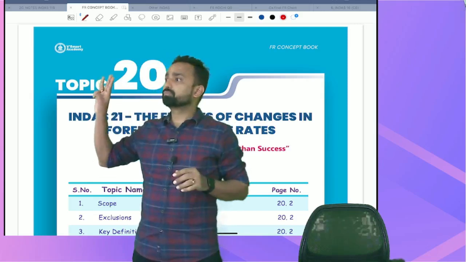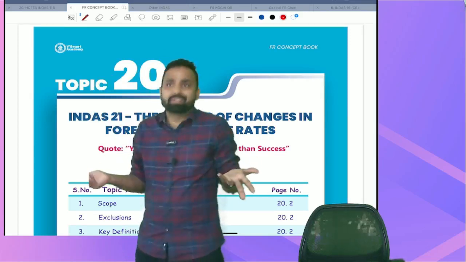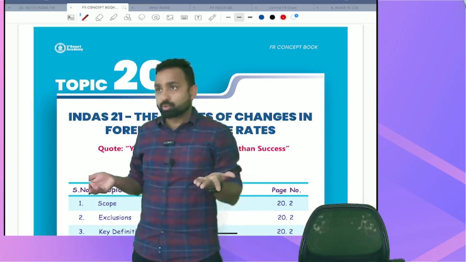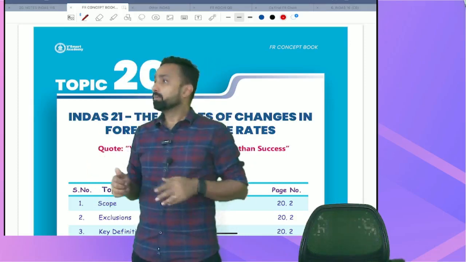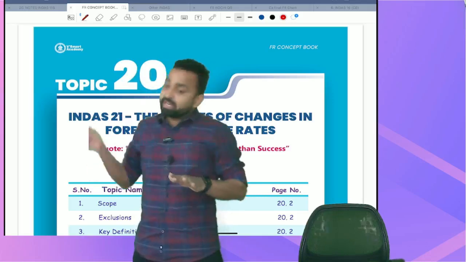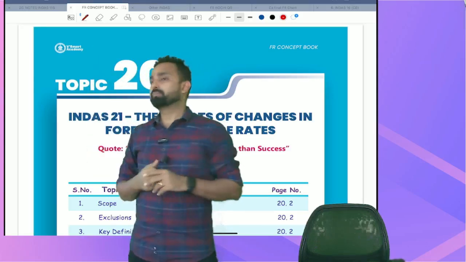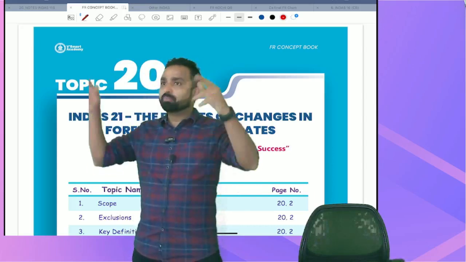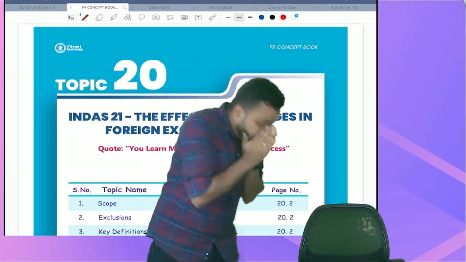The last, presentation currency, where we present our financial statements. Suppose our functional currency is Indian rupee and we present our financial statements in Indian rupee. Both the functional and the presentation currency are the same. But if my functional currency is Indian rupee and I am presenting my financial statements in Indian rupee as well as dollar, my presentation currencies are two: Indian rupee as well as dollar. Guys, are you understanding or not? So this is the presentation currency. Except functional, the other two currencies can be multiple, two or more. Understood or not?